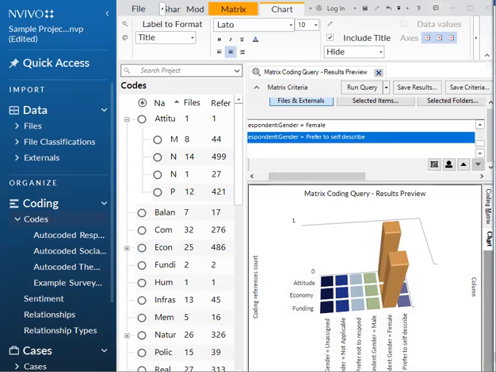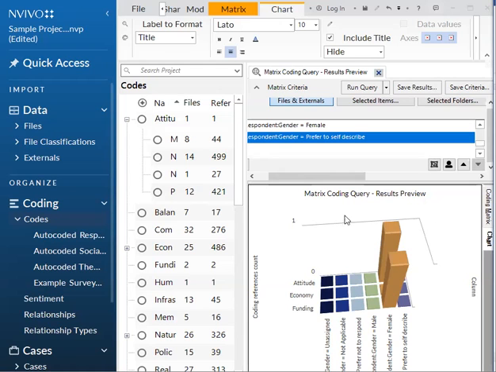That's pretty helpful. We're going to go over some more visualizations as we're wrapping up. So you can create charts, diagrams, and other visualizations for selected items, just like we've done here. But you can also create word clouds and charts displaying coding for specific file classifications, codes, cases. So we're going to go over an example just to generate a visualization for a case classification folder.